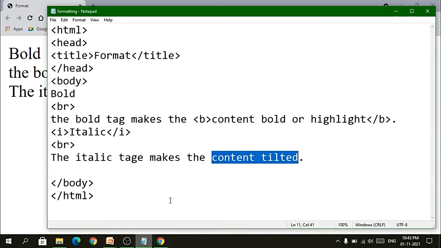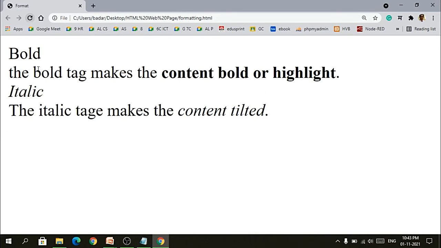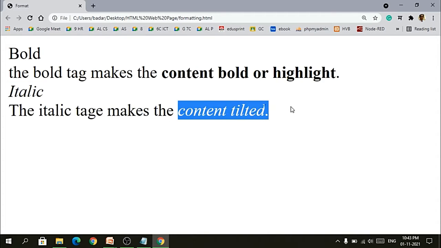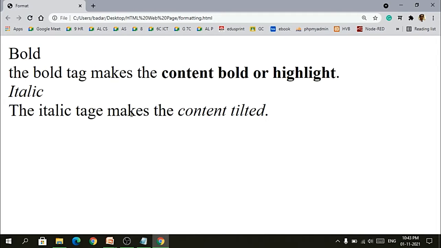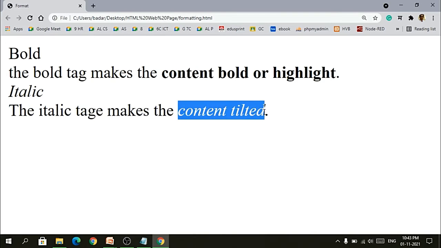Here you can see it is coming a little bit italic, a little bit slanted. Okay, and just aligning the code. So I will use one BR tag here also, and then make this content italic, I, and then I save the file and refresh. So here you can see it is coming italic and the content here is italic. It is a little bit tilted towards the right than the content which is specified normally. So this is the normal content and this is the content which is using the italic tag.